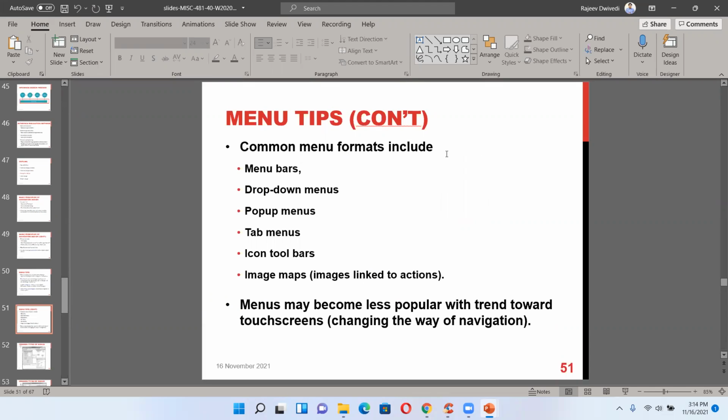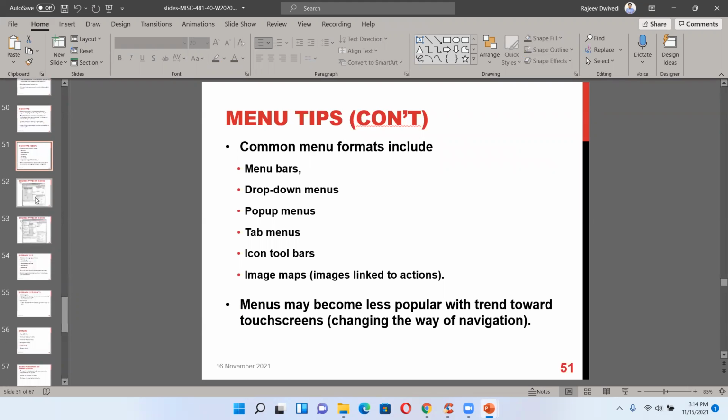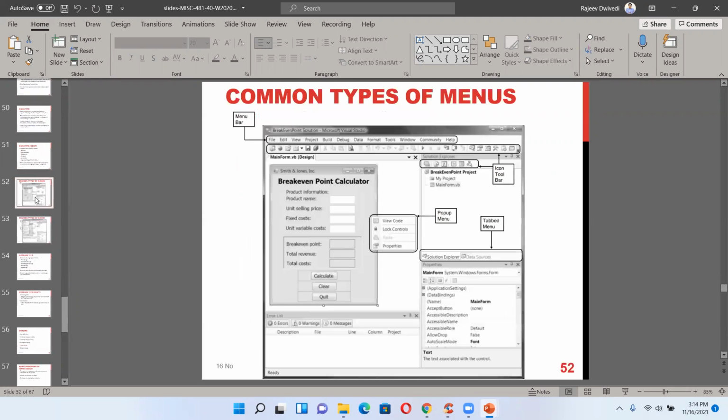Common menu formats include menu bars, drop-down menus, pop-up menus, tab menus, icon toolbars, and image maps. Menus may become less popular with the trend toward touch screens nowadays, because touch screens have a different way of interacting with the user.